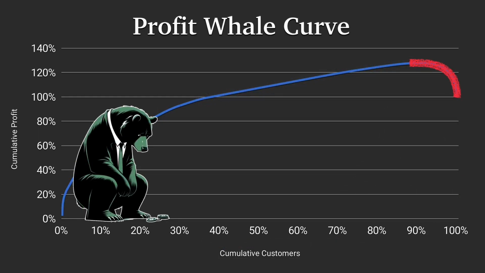Okay, now we'll get to the tail of the whale, the unprofitable customers. The first thing we'll do is read off the chart just how unprofitable these customers are making us. In the case of WP Engine in 2012, the bottom 10% of customers were removing a quarter of our profits. And just like on the other side of the curve, most of the effect was from just a few very worst customers. In fact, the bottom 100 were causing us to lose $1 million a year. Obviously, we have to do something about that.